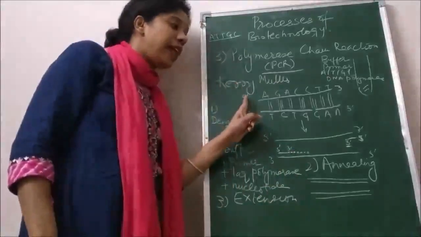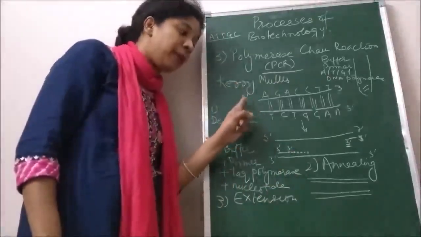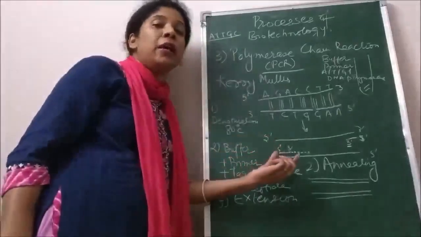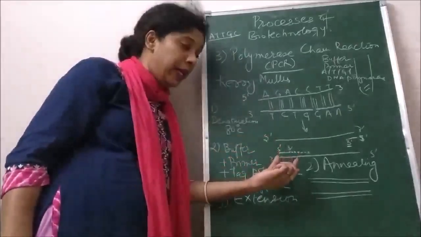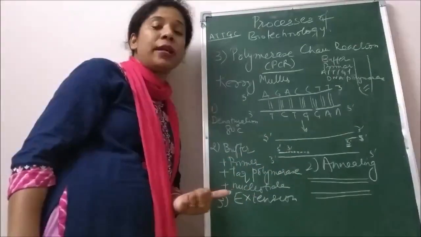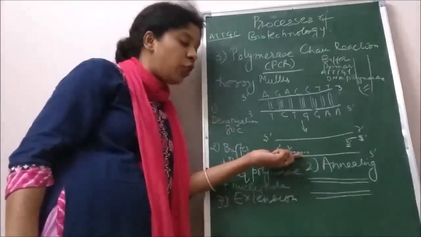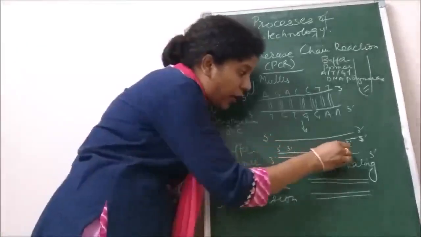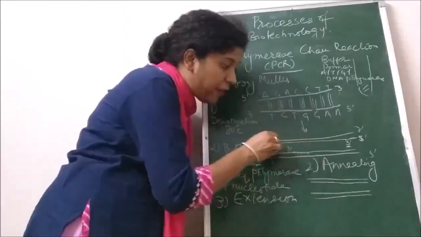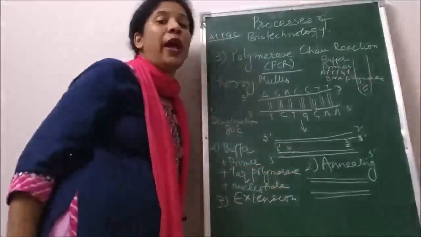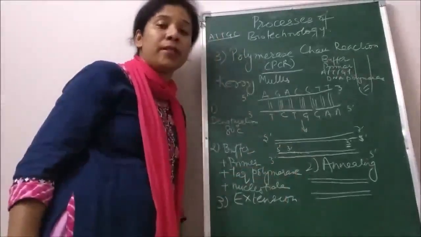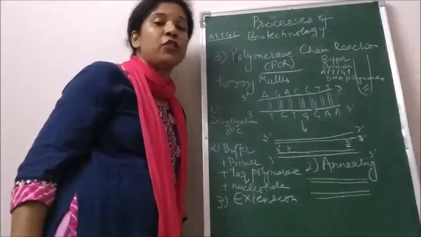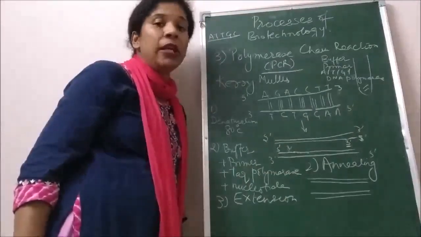The first step is denaturation, where both the strands get separated. The second step is annealing, where you reduce the temperature so that the primers can hydrogen bond with the DNA. And the third step is the extension step, where the Taq polymerase adds the complementary nucleotides so that in both the strands the DNA is extended further, and in the end you have 2 double-stranded DNA from the single-stranded DNA. So this is one of the ways by which you can amplify a very small amount of the DNA which is given.